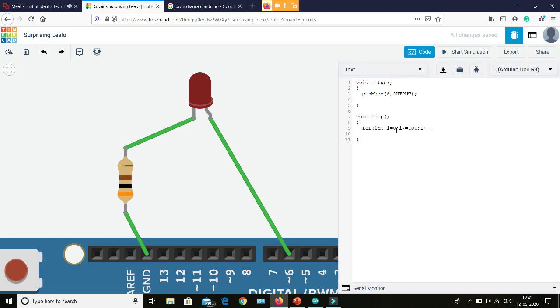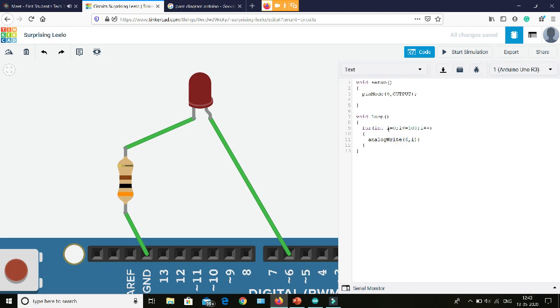Whenever this for loop starts, it will give the value of i equal to 0 for the first time. Then this command will run with the value of i as 0. Then it will increment by 1. So now i is 1, then we will get 1 here, then it will run again.